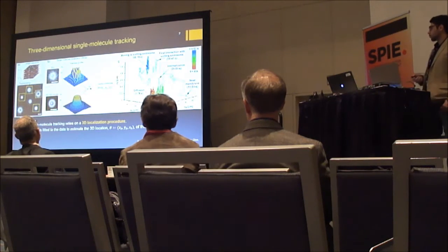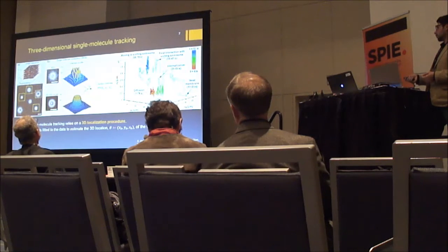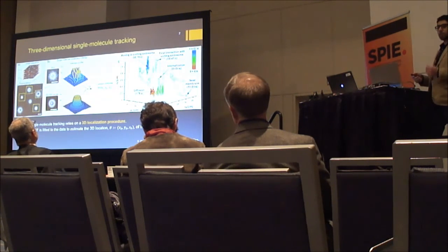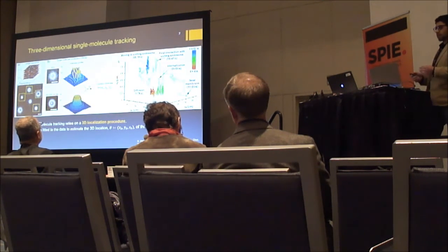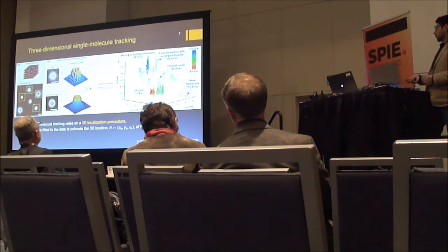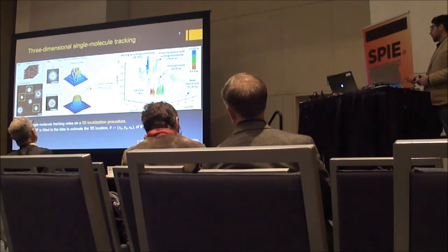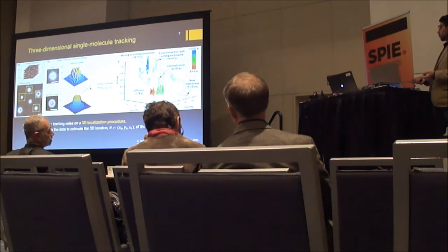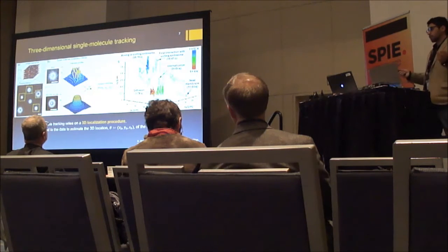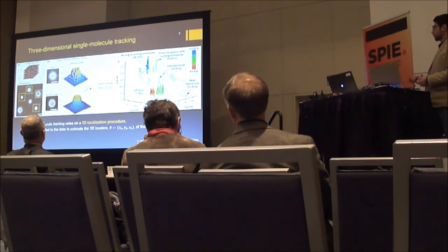This 3D single molecule tracking relies on a 3D localization procedure. To be a little more specific, we usually acquire a sequence of images at different time points, and we segment them such that there is the image of an isolated single molecule in each ROI. Then we fit a 3D PSF model, for example, a Born and Wolf PSF model, into the data as shown here to estimate the 3D location of the single molecule, X0, Y0, and Z0. We could do it for different time points, and we use a trajectory linking algorithm and finally end up with a 3D trajectory like this.